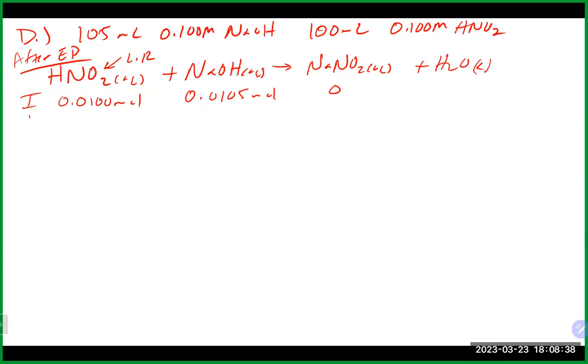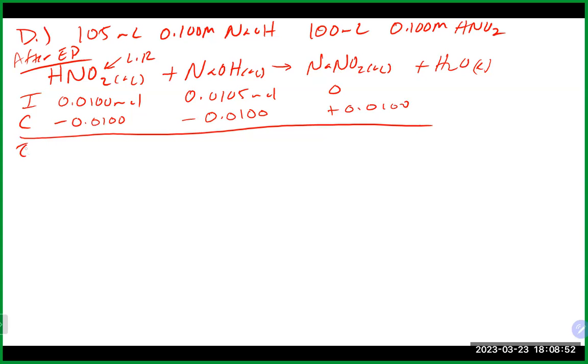That means the change here should actually be the acid. So remember, you do not want a negative number there. So that is going to zero out our acid. We'll have 0.0105 minus 0.01 moles and